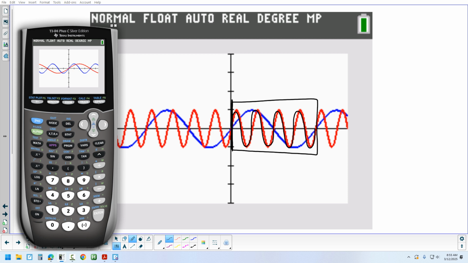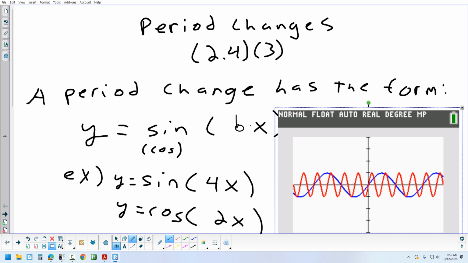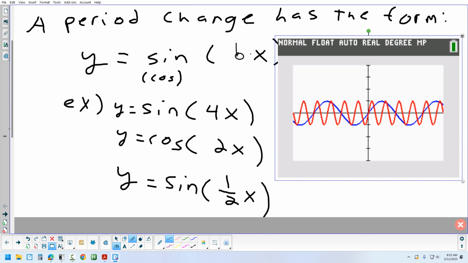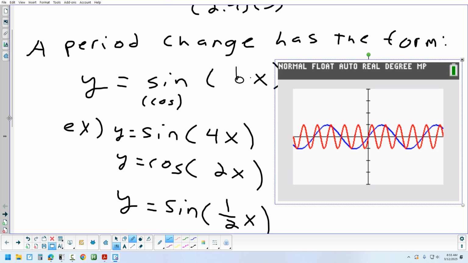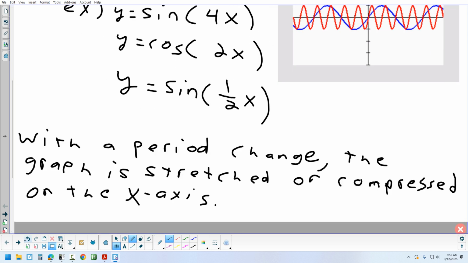Okay. So that would correspond to a lower frequency sound, stretching it out. Compressing it would be a higher pitch sound. And that's pretty much the only two things we're going to look at with this transformation. We're not going to have a negative in front of the x. If we did, that would cause a reflection. We did look at a negative in front, but we're not going to do the negative inside. Okay. So the period change is going to stretch or compress the graph